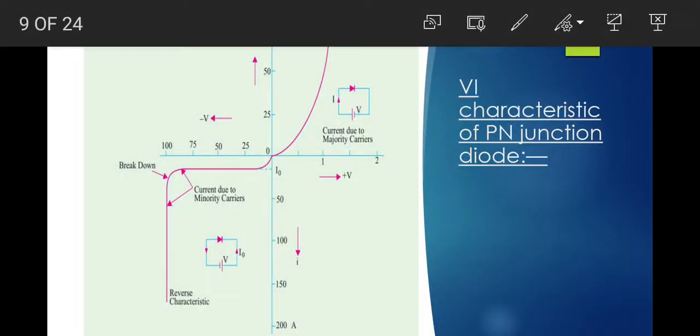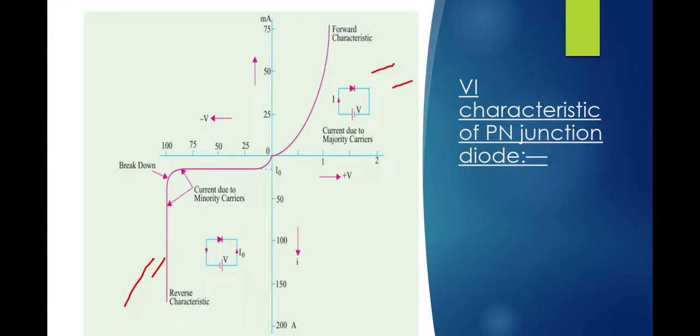In this graph we can see that this is called reverse bias and this is forward bias, where you can see the current flows very easily in the forward bias, whereas the reverse bias current cannot flow easily, and there is a break point where current will not flow because of minority carriers. Clear? So in forward bias current flows very easily, and in reverse bias current can't flow easily because of